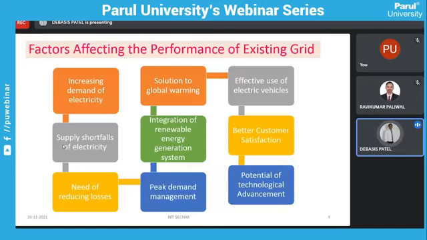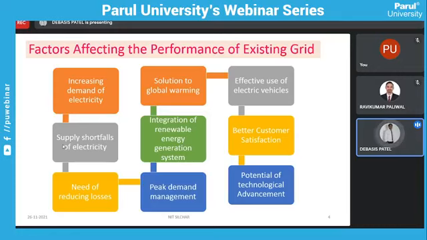Or in other words, in any festival season or on any festival day, the peak demand for electricity is higher. So how are we going to manage the peak demand so that we can decrease the electricity tariff, right? As you all know, in many states the per unit price of electricity is increasing. So we have to decrease the per unit price so that our customers can benefit from our electrical engineers or our systems.